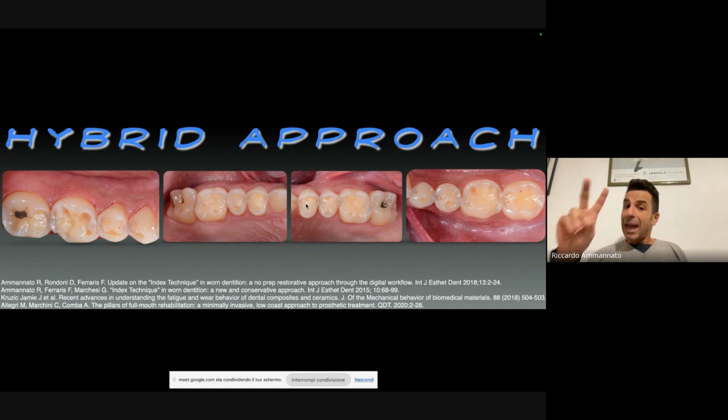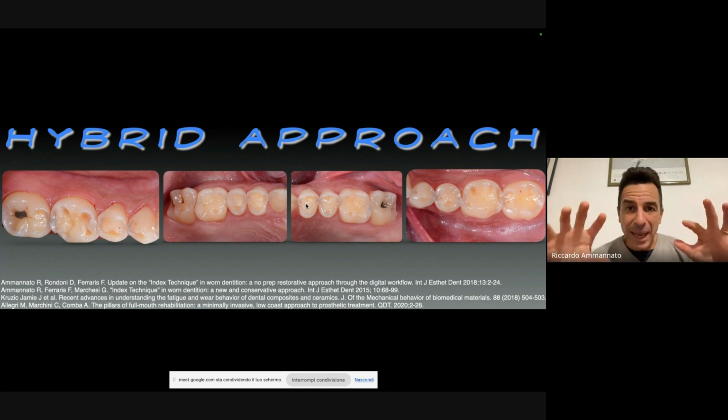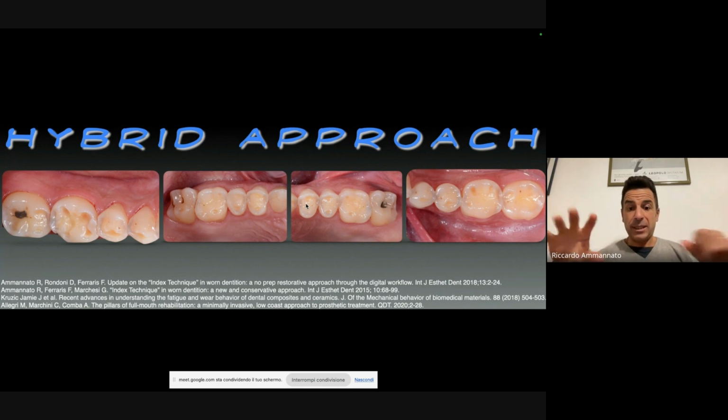So hybrid, because on the first upper and lower molars and on the upper and lower canines, I will cement glass ceramic onlays, Emax restorations. This is because the first molars and the canines are strategic teeth to manage static occlusion and dynamic occlusion.